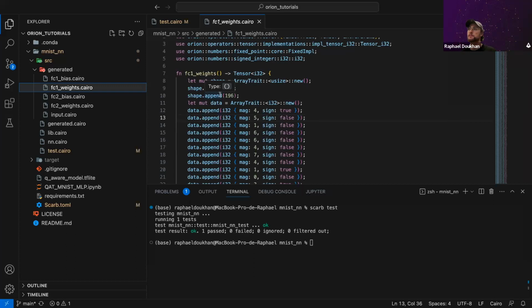So if you deploy this Cairo thing, does the actual model run on the chain? So the inference runs on the chain. That's what we are working on now. We are working on some approaches, and I think I'm going to have an answer in the next two weeks.